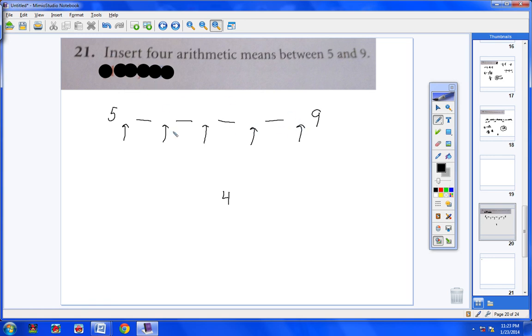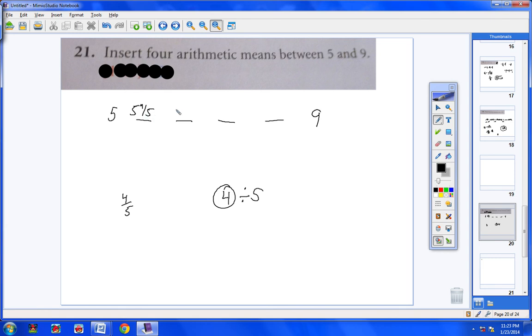5 gaps. In other words, this total difference from 5 to 9, 4, I've got to divide that by 5 spaces because I'm going to add that number over and over and over. It's an arithmetic sequence. So this total gap of 4 has got to be divided by 5 because I have 5 spaces. So my common difference is going to be 4/5. And watch what happens. You'll see 5 plus 4/5 is 5 4/5. Plus 4/5 more